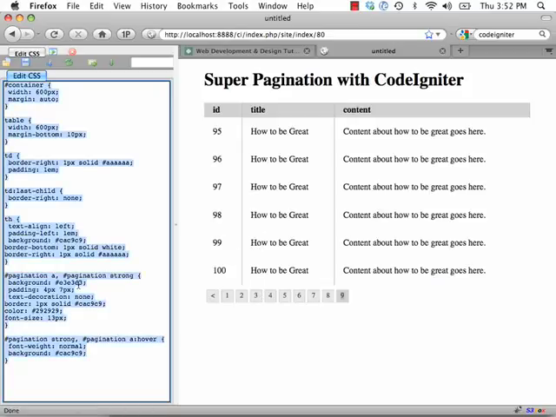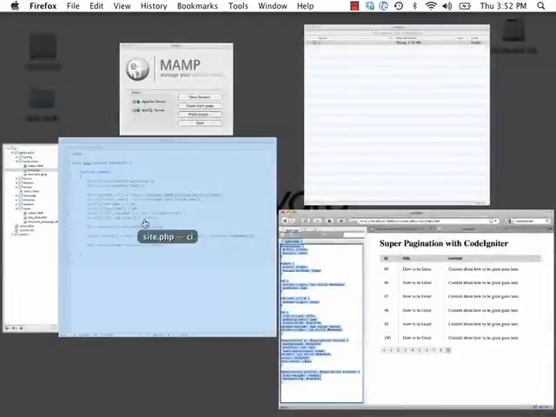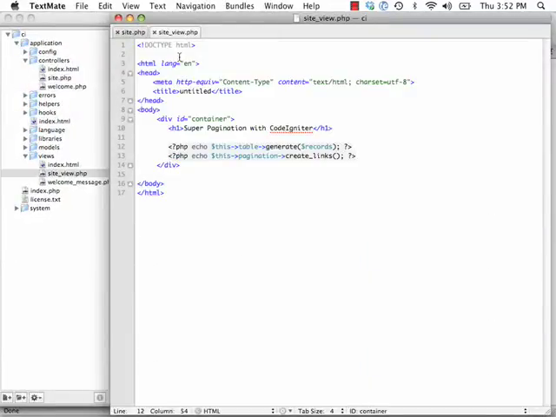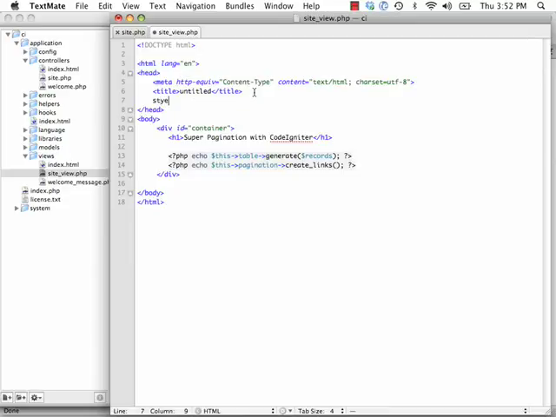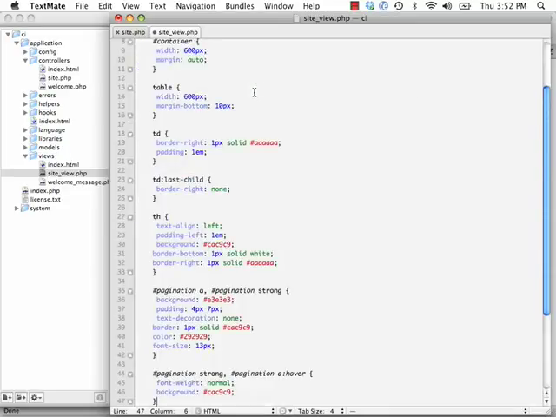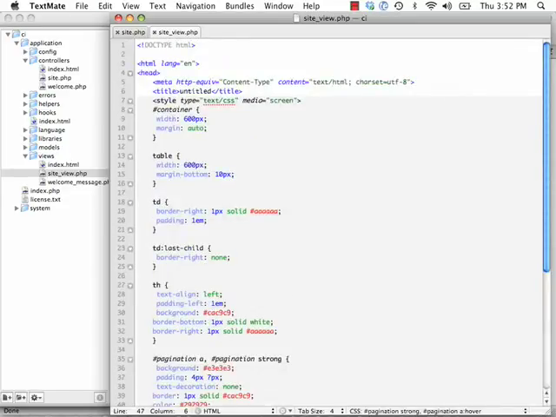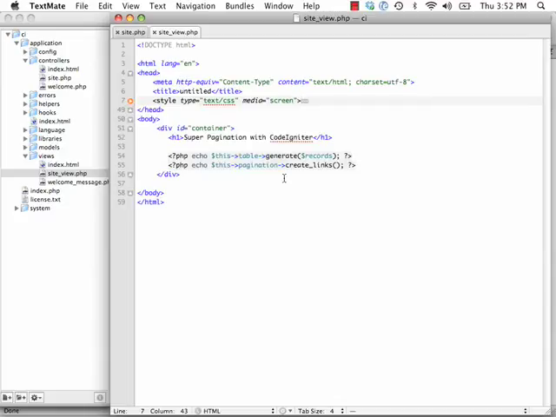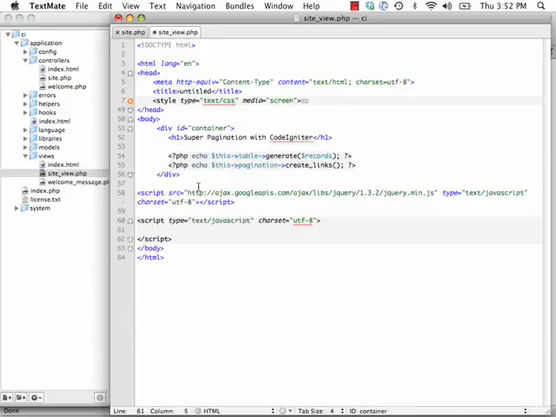Okay, so let's just copy that, and we'll come back. And you know what, just to keep this quick, I'm going to paste it in here. However, this kind of goes against MVC, but you need to create a CSS folder and reference it instead. And if you don't know how to do that, just leave a comment or watch one of the previous videos and we'll help you. The only other thing, once again, we should put this in an external file, but it's fine, is we'll do